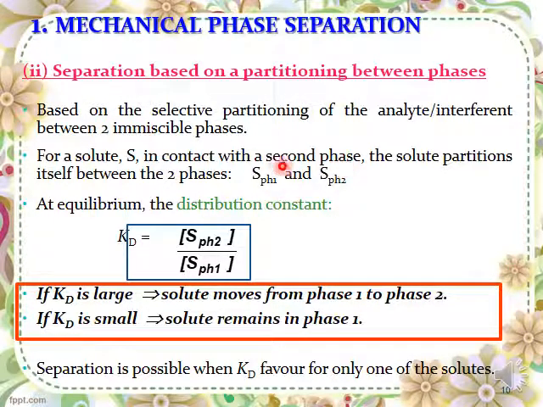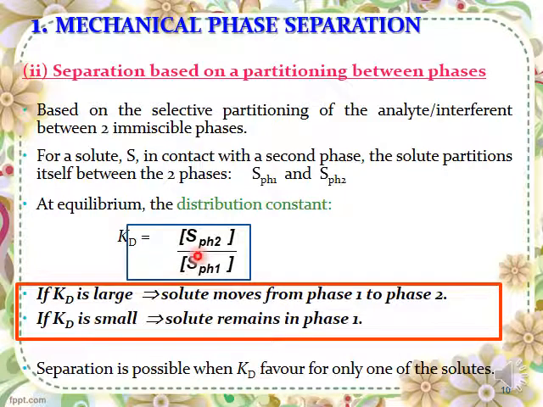At equilibrium, this is calculated based on the distribution constant K. K subscript D is the distribution constant, and the square brackets here represent concentration. So concentration of solute, the analyte of interest, in phase 2, and concentration of